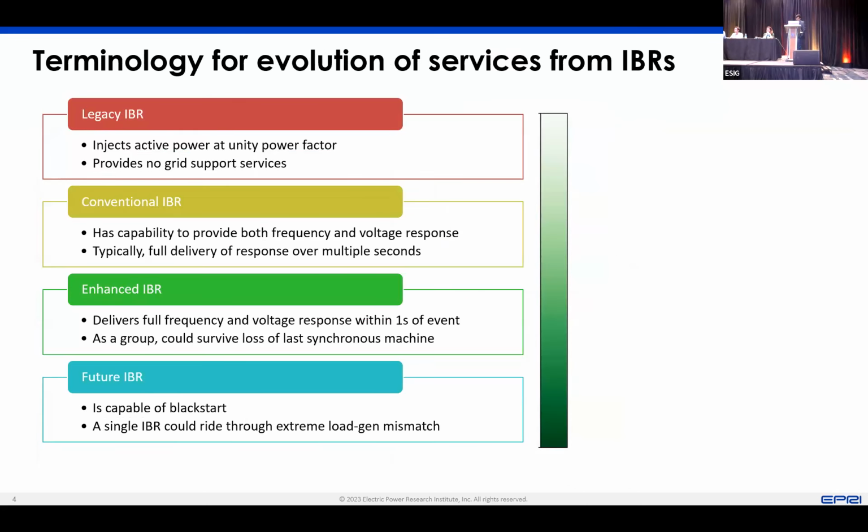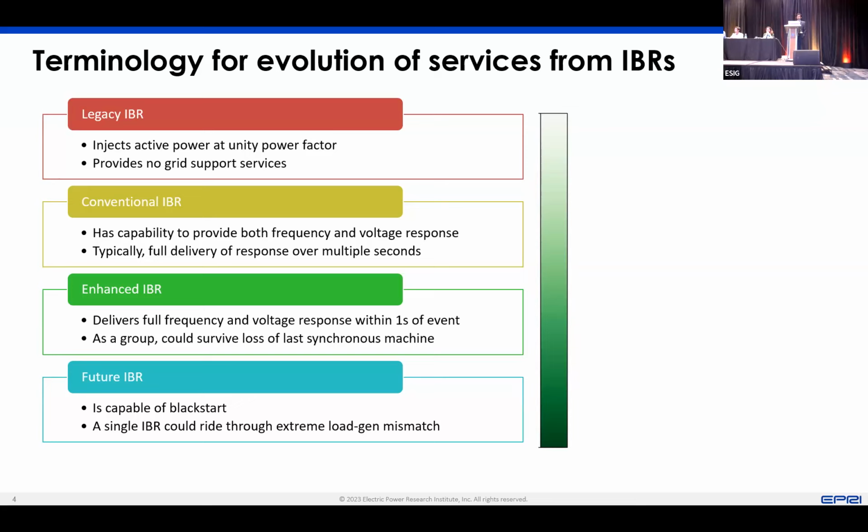This is probably the most important slide, I feel, for this presentation. Those of you who heard me in the spring meeting and have heard me before may know that I don't like using the term grid forming or grid following, although my slide title had it in it. But the reason for that is that grid forming and grid following can be considered as bookend controls. And there's really a spectrum of control that lies in between.